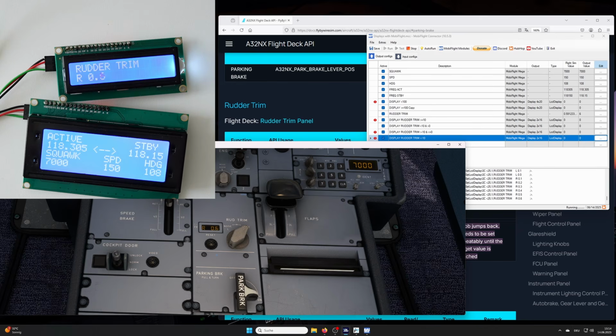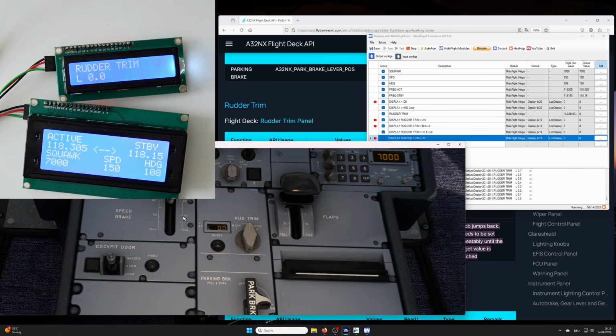All right, well, now when you're scrolling through the values, you can see in MobiFlight the exclamation mark. It's switching between the configurations depending on the preconditions. So pretty nice. And now I've done the setup for both of the displays for the rudder trim and